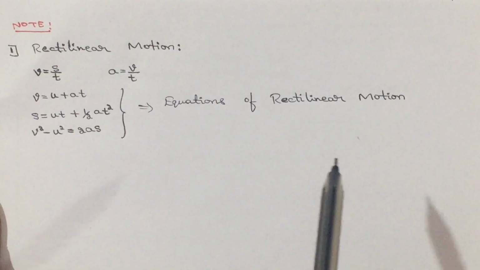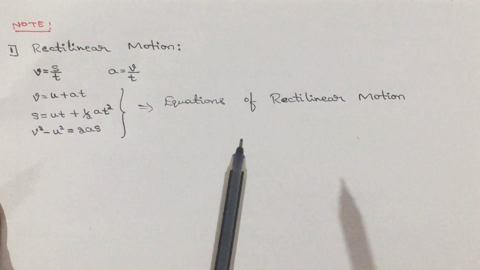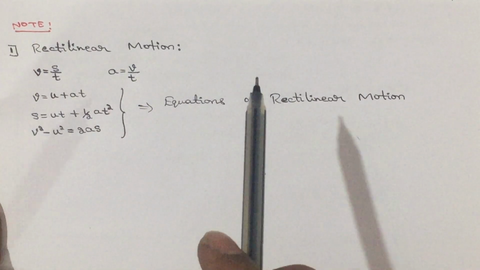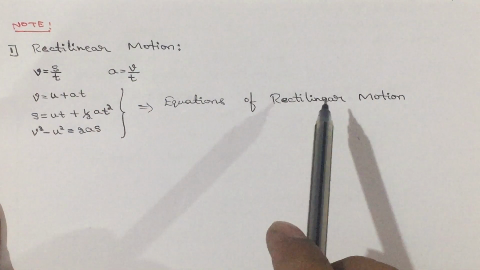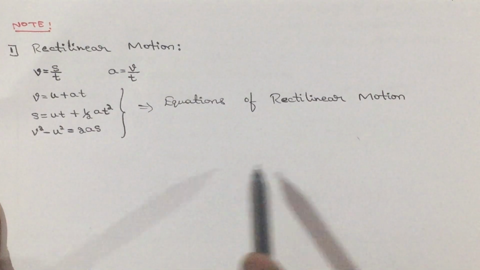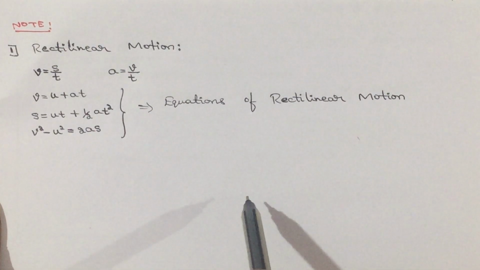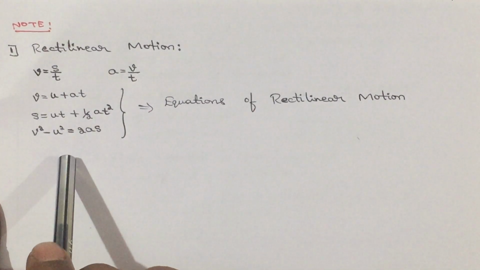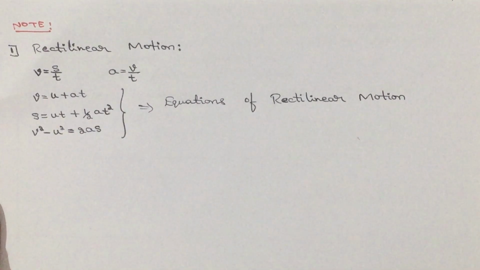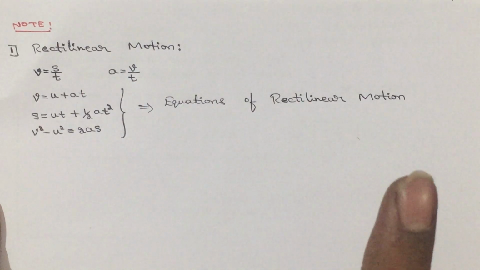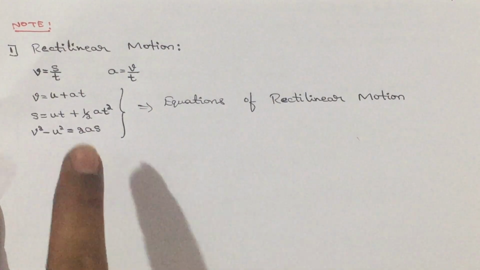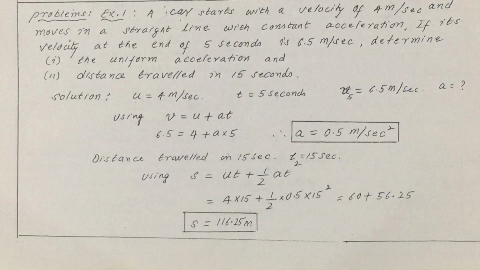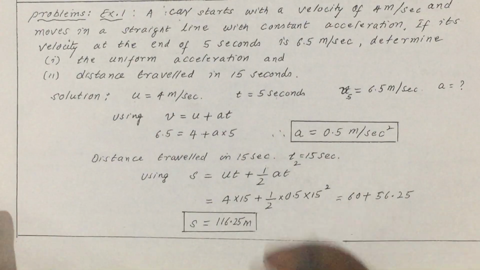Now, I will give you a hint in the questions. From the data given in the question, we need to look at the given data as well as the required data. Depending upon that, we are going to choose the equation and we are going to get the answer. Given data and required data, based upon that we are going to choose the equation. So, let us start with the equation problems.